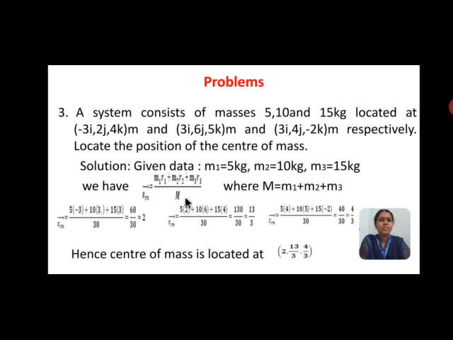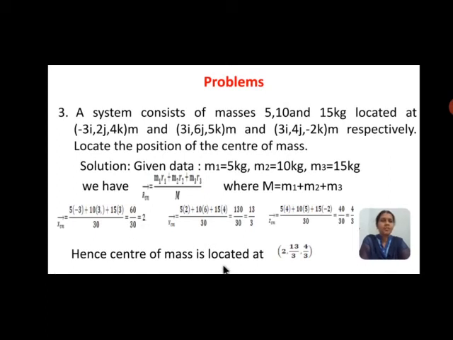Substitute now 3. Divided by the capital M, where capital M is the m1 plus m2 plus m3. Add all the 3 terms, so we will get the 30. So again 5 into minus 3 it becomes a 15 plus 30. Again multiply it, 45. So it becomes now 60 divided by 30. So calculate it, you will get the 2.